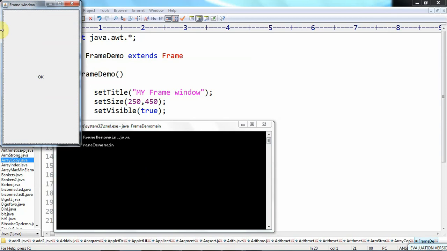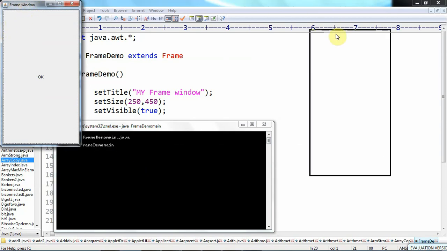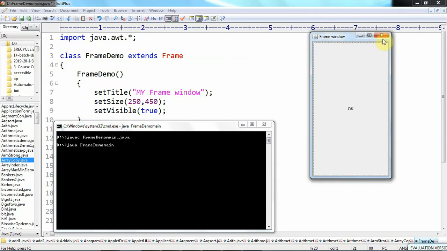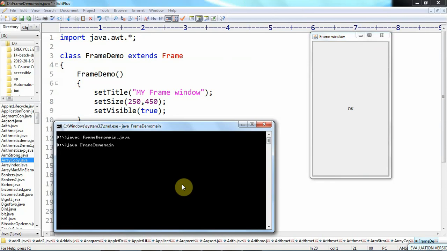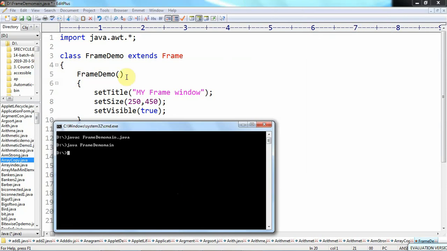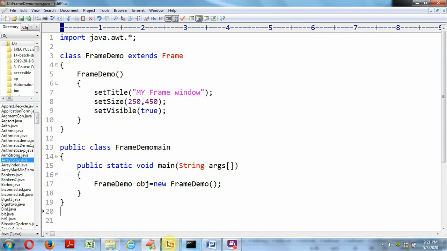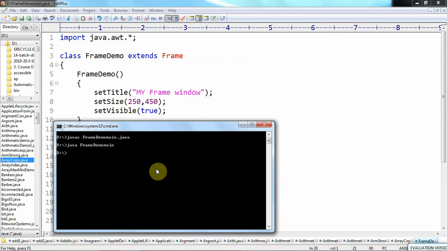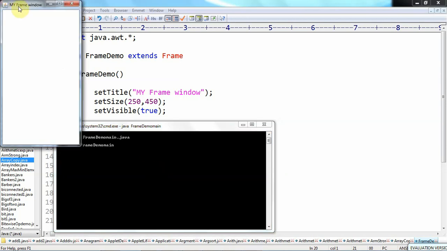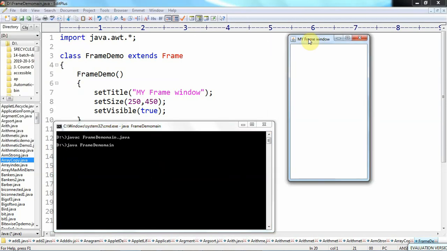Then one window is displayed. Once again we will compile. So we get the frame window like this.